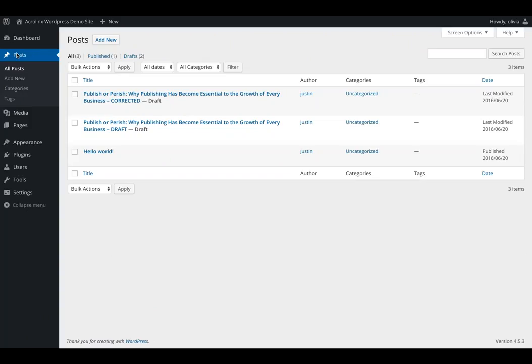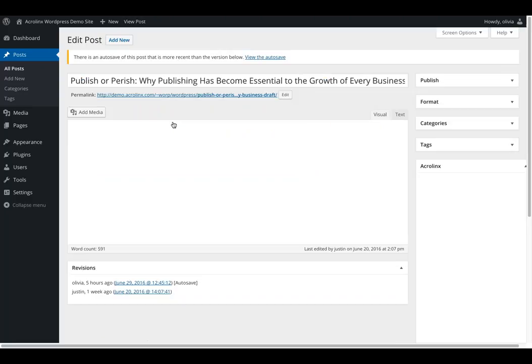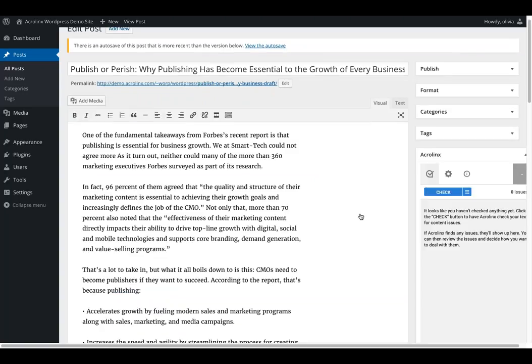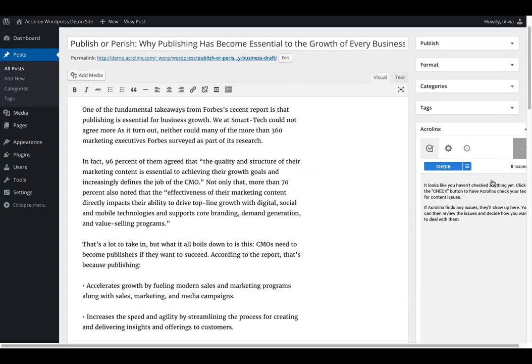So this is WordPress. This is the latest version of WordPress, and I would like to show the use case of if I'm a content marketing writer and I would like to publish a new blog post, for example. I've got some drafts here, one that's already been corrected at the top, but I'll take this draft here at the bottom, and I can open that in the typical way that I would work in WordPress, and I see